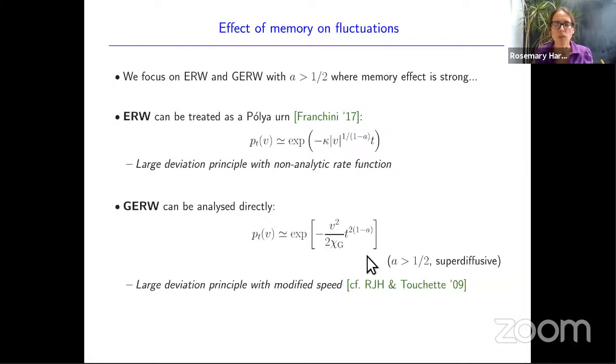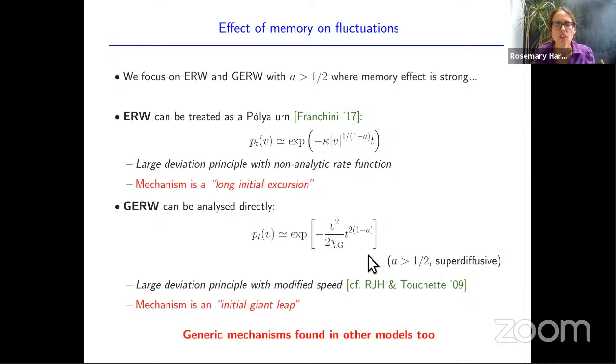Well, this relates actually to something we heard about in the very first talk of the conference. It's sort of connected to this idea of a big jump. So in the elephant random walk, each step can't be larger than 1. So if you want to have a fluctuation above the average, what happens is that you have a macroscopic fraction of the steps at the beginning of the trajectory with step length close to 1. So you have lots of steps a bit above the average, if you like. On the other hand, for the Gaussian elephant random walk, the step lengths can be arbitrarily long.